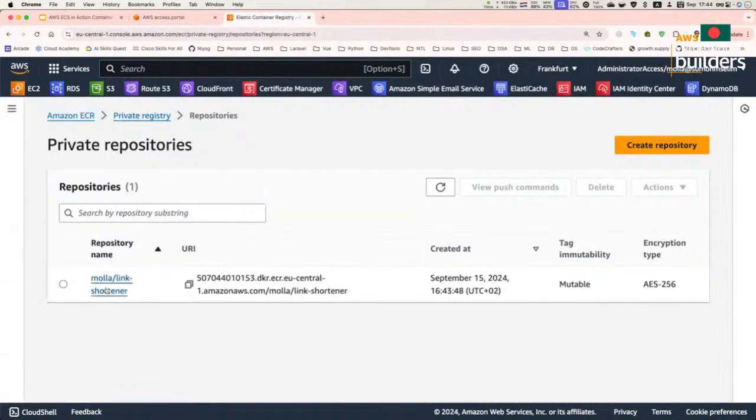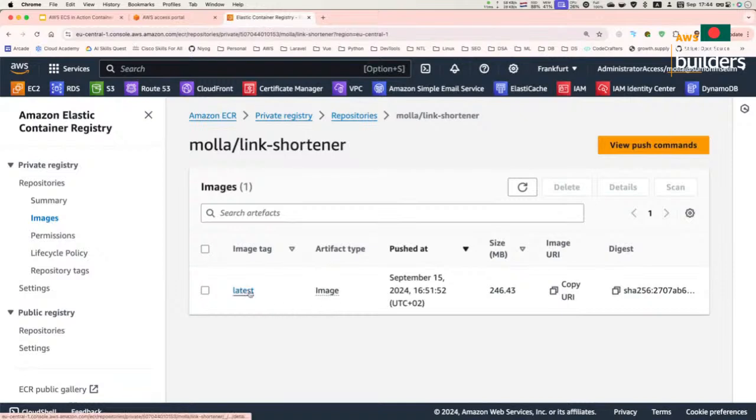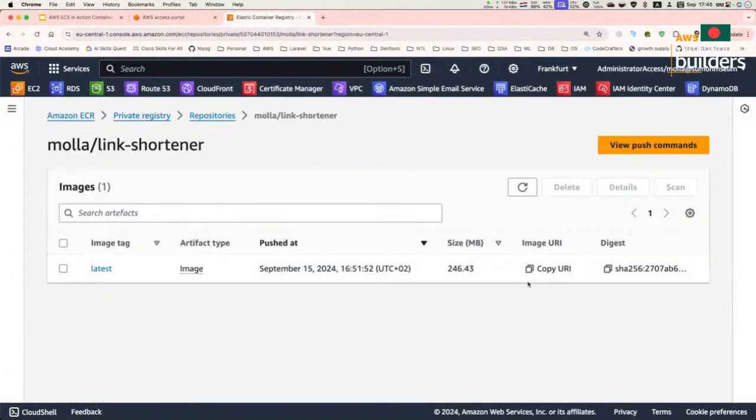Now I will show you the ECR service, Elastic Container Registry, where I have already created a repository. You can think of a repository like a GitHub repository. In a GitHub repository, we store our source code. Here in an ECR repository, we will store our container image of the application that we have developed. We have built the image of that source code and pushed the image here. So this contains the image of our application, and I have tagged the image as